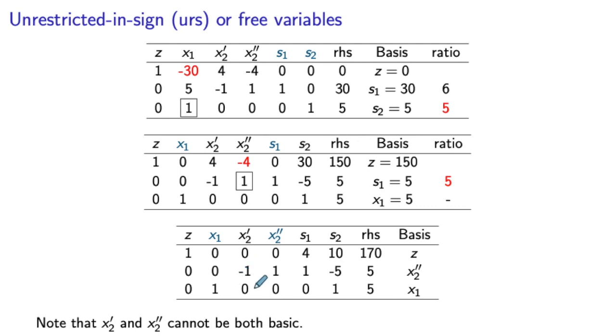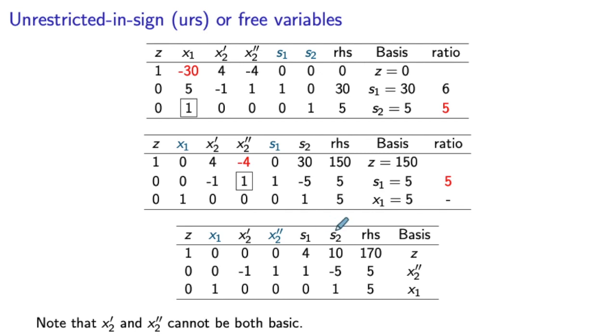Because one is always the negative of the other, this variable cannot be basic at the same time. So therefore, at most one of them can be basic at any iteration of the simplex method, which means that at least one of them will be set to 0 at every iteration of the simplex method,